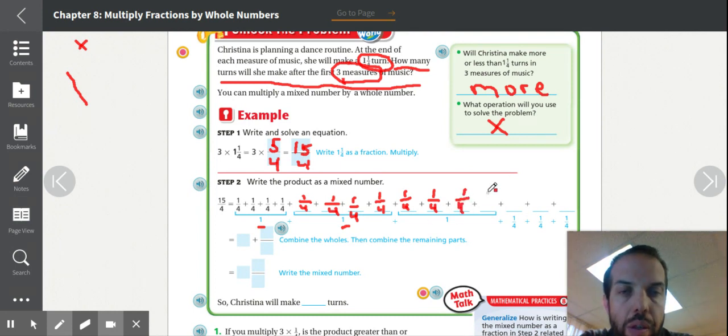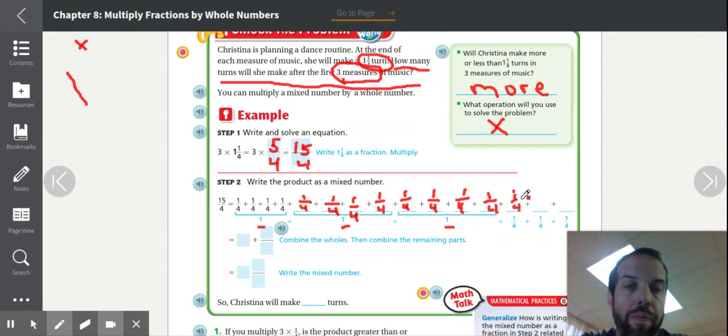11/4, 12/4. Okay, now I'm at 12/4, so I just did another whole. Think of it as 12 divided by 4 is 3. So I have 1, 2, 3 right now. All right, now I'm at 12/4, so I'm going to keep going. So I have